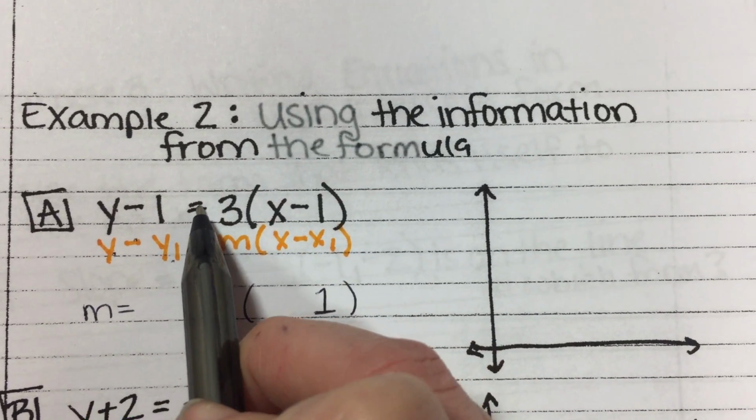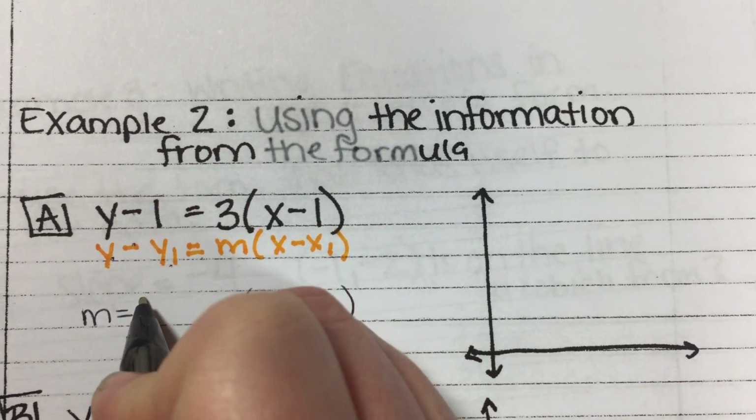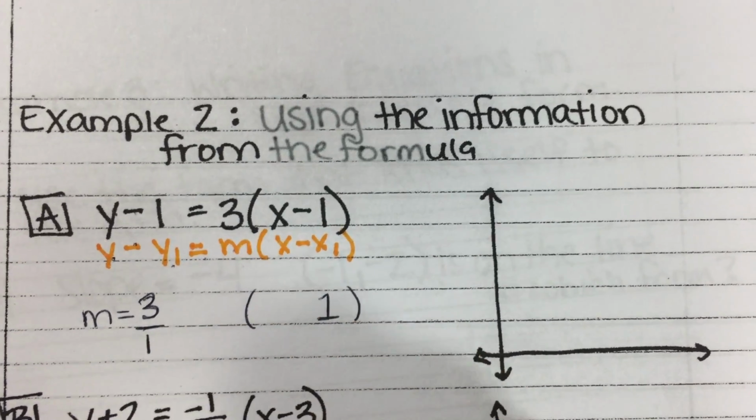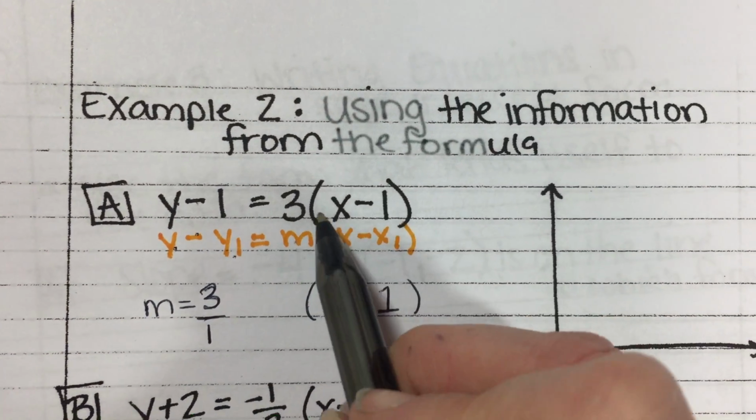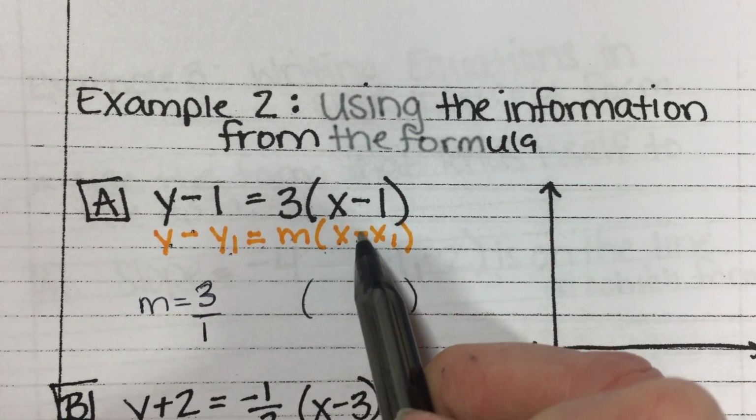I then go through and match the equal sign. My m matches up with the number 3, so that means my slope is 3, or 3 over 1, because again we're graphing, so we want to look at it as a fraction. Parenthesis, x minus sign, because these minus signs are actually